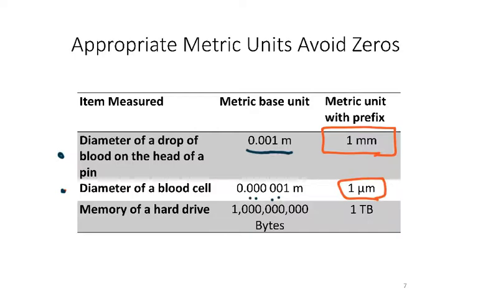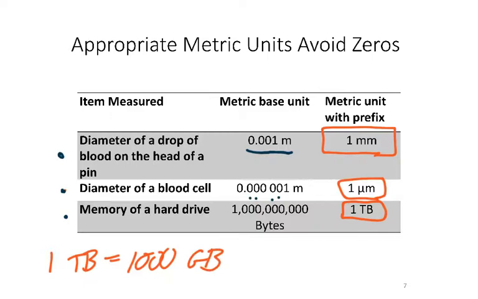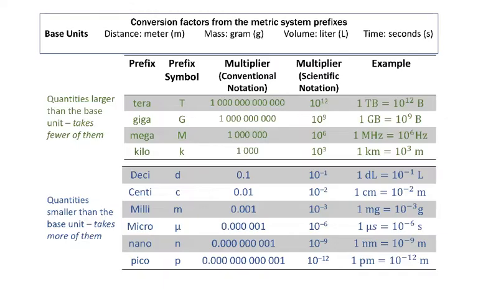Now, this also works with big numbers, right? Like the memory of your hard drive is a trillion bytes. Well, a trillion, or 10 to the 12, has a special name as well, which is a terabyte, right? So maybe you're familiar with that. A terabyte is equal to 1,000 gigabytes, by the way. And 1 gigabyte is 1,000 megabytes. All of these prefixes show up in tables